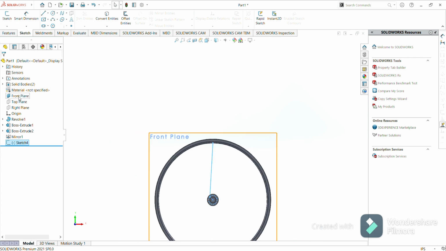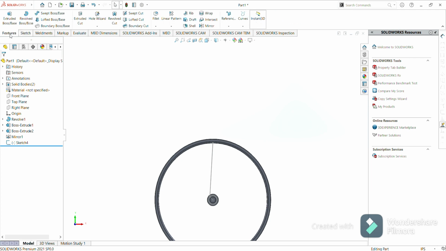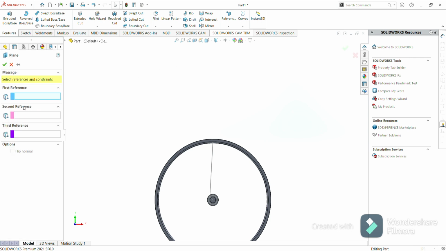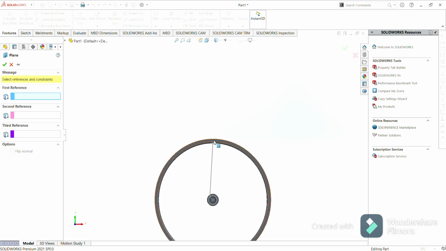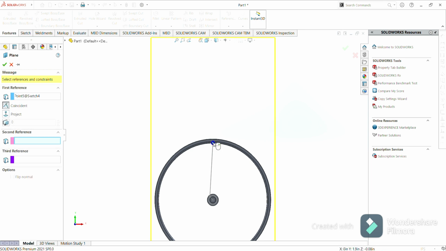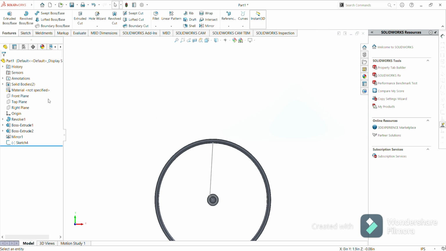Okay, now hide front plane and go to the features and create a reference plane. Select plane and select this one, but here a front plane or a front reference plane has been created, so we don't need it. So close it and select, first we select top plane,